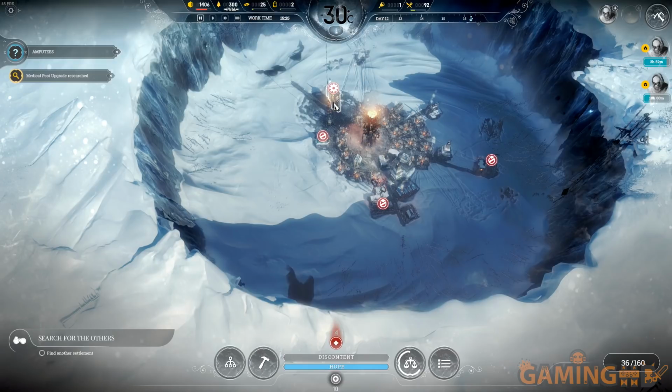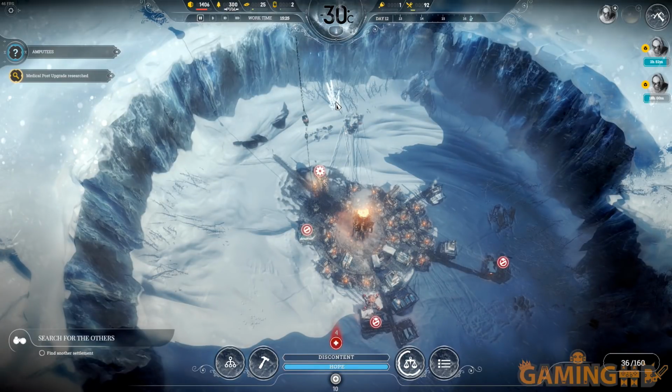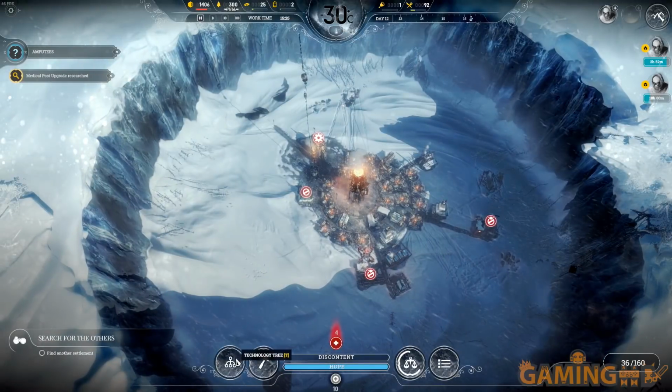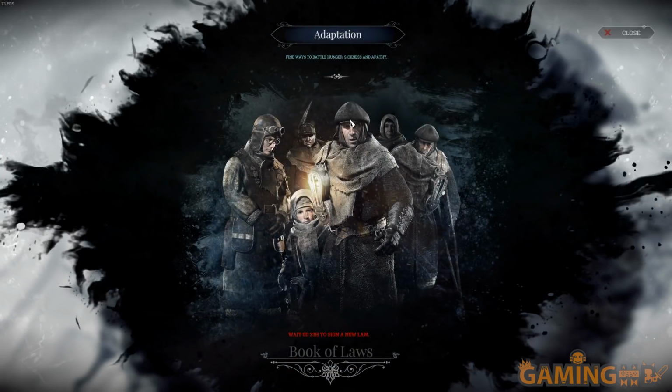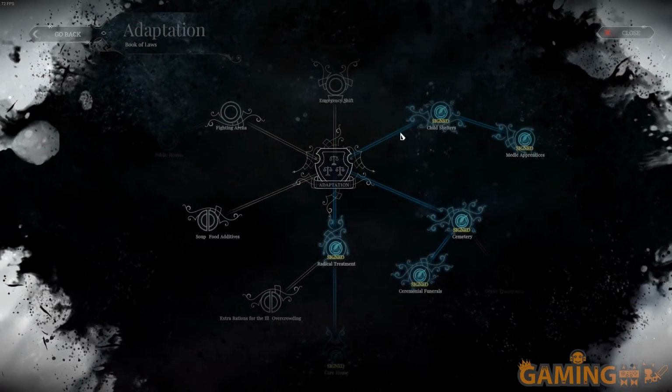And that's a problem, because this is supposed to be a city building survival game. But if you don't have any sort of randomness to it, it'll always be the exact same thing. And that can really take some of the enjoyment out of it. The only difference, honestly, that you have is, well, in the Book of Laws, I'm going to unlock something in the next couple of minutes here,